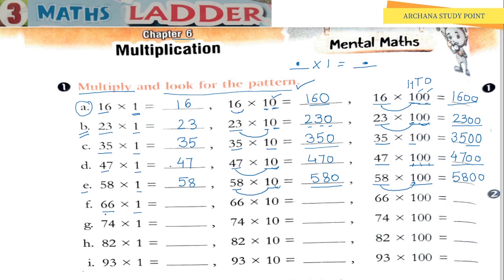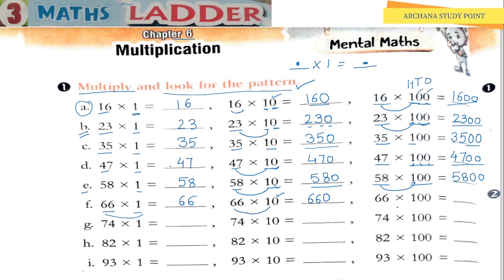Any number multiplied with 1 will give us the number itself. So the answer is 66. Now 66 multiplied by 10. First of all, I'll multiply 66 with 1, which will give me 66. And then for the ones place, I'll put a 0 towards the end. So the answer will be